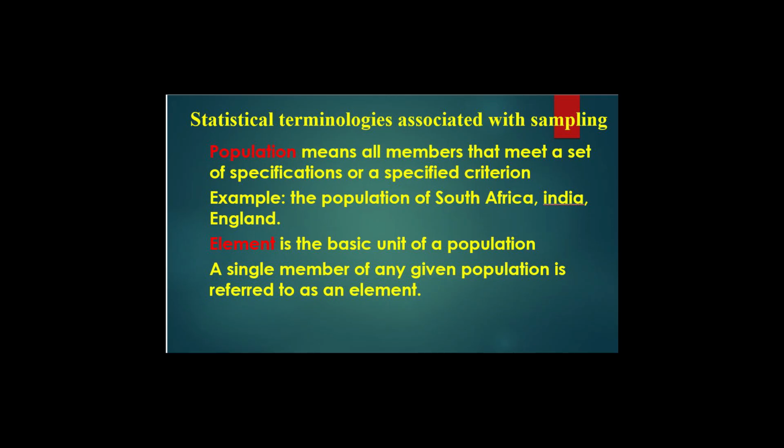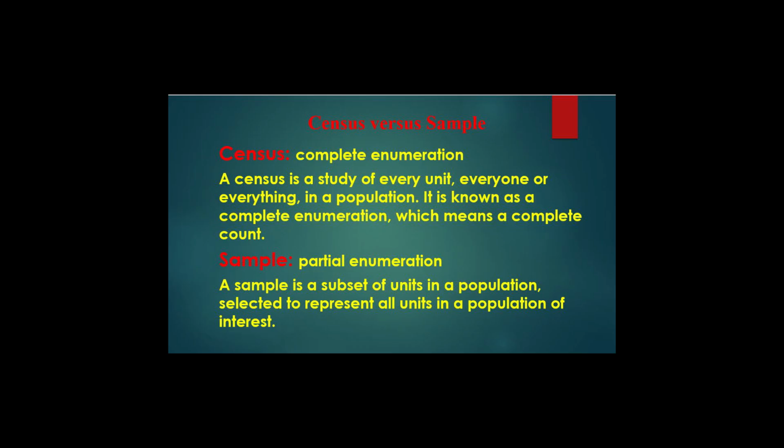Sample is a collection of some elements or a subset of the whole population. It is a group formed from two or more elements of a population. It is a subset of a population. What is the difference between census and sampling? Census is about complete enumeration, gathering information from all elements of the population. Sampling refers to the process, techniques, and methods of taking a sample from the whole population. When only some elements are selected from a population, we refer to that as sampling. When all elements are included, we call it a census.